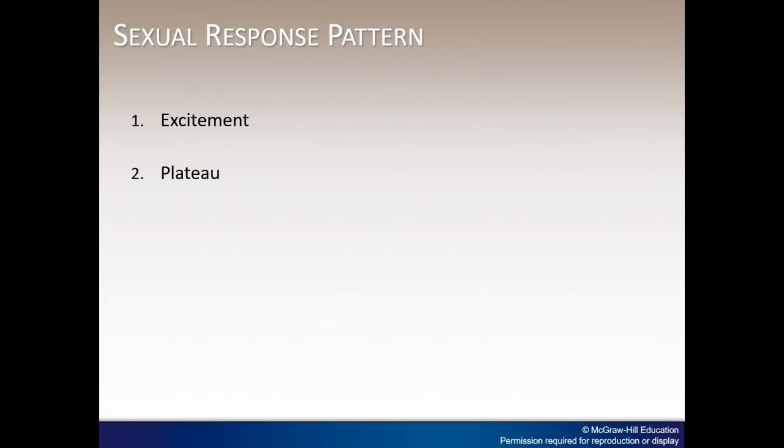The human sexual response pattern consists of 4 phases as identified by Masters and Johnson. The excitement phase is the beginning of the process of erotic responsiveness. It lasts for several minutes to several hours. There's engorgement of blood vessels and increased blood flow in the genital area, and muscle tension, lubrication of the vagina, and partial erection of the penis occurs.